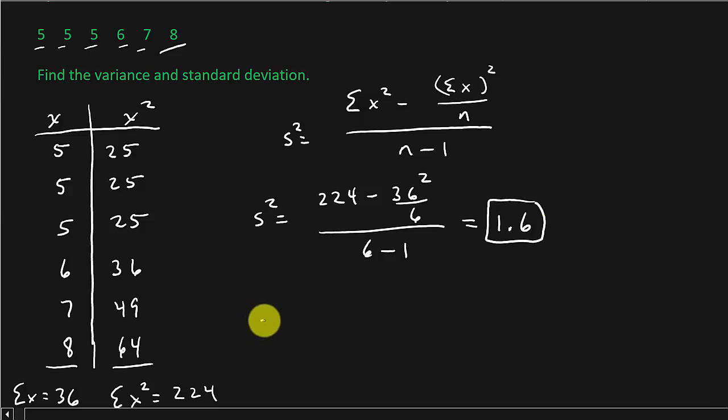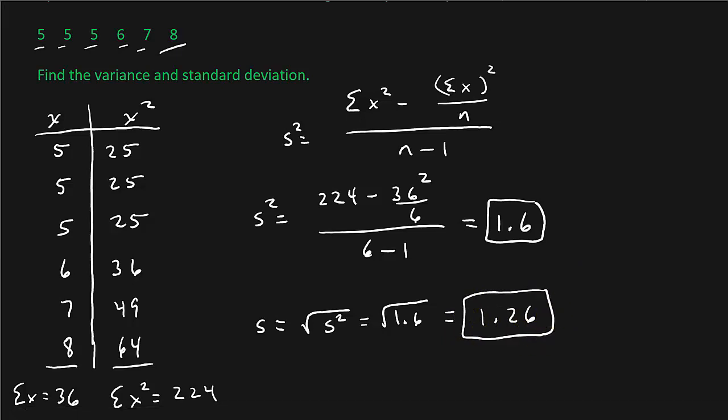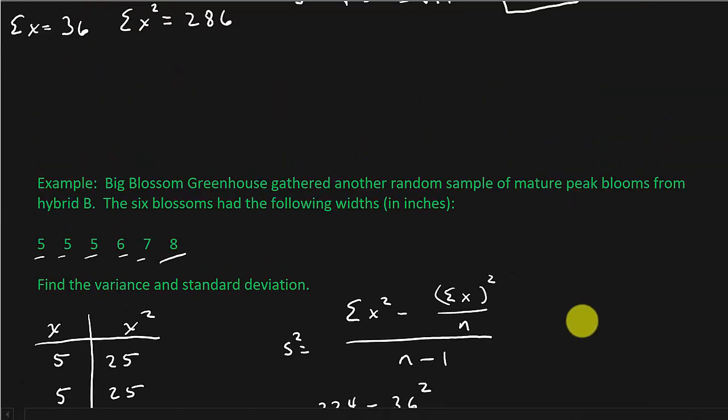And so the standard deviation is the square root of s squared, which is the square root of 1.6, which is 1.26. Okay, so that's great and everything. We know how to find the variance and standard deviation, but it's really kind of useless to find all this stuff if we don't know what we're actually finding. So let's come back up here